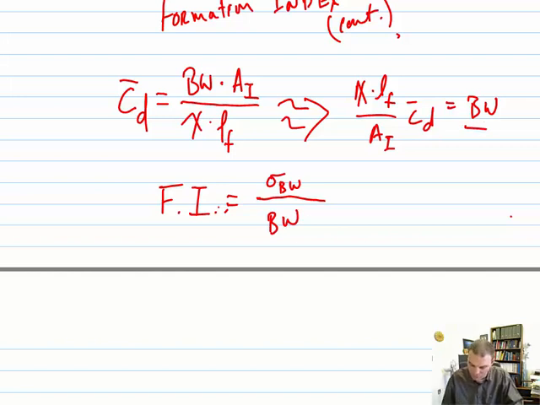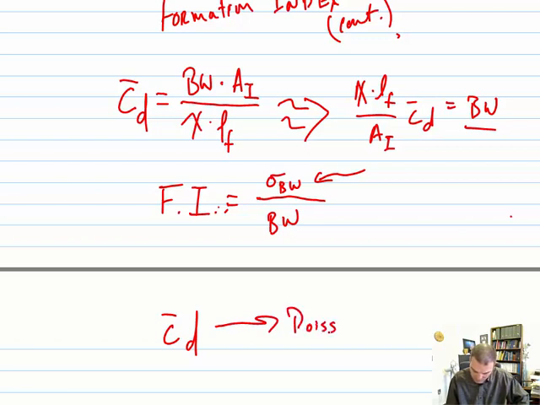So we quite simply know the basis weight itself, right? So this is something that we can actually measure. What we need to be able to evaluate here is the variability in the basis weight, or sigma of basis weight. Now, right now we don't have any simple way to measure the standard deviation of the basis weight. However, you know now that if we know C sub bar D, or the center density of fibers, the number of fibers within a given area, if we assume the Poisson's distribution,